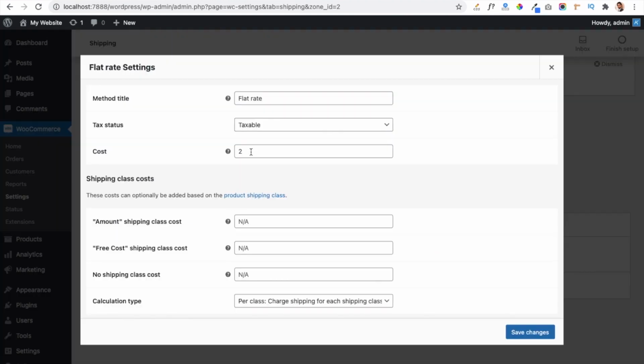And here first of all you have to remove this cost, because it will not work if you enter shipping classes. So you can see that our amount shipping class is available now in our shipping cost area, and free cost is also available. So here you have to give amount 0 for free cost, and here you have to give amount $3 for amount, where you are going to charge for the product less than $15. So click on the save changes button,